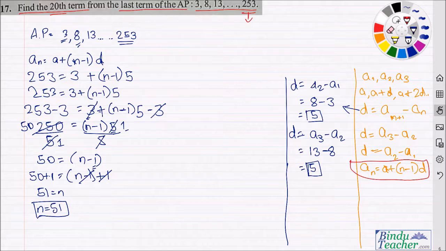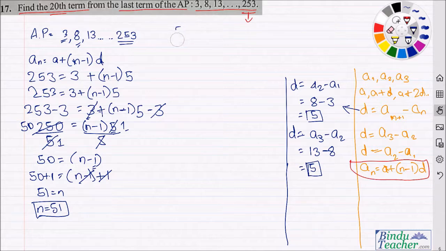Now the other part of the question is to find the 20th term from the last term. So we have found that the value of a of 51 is equal to 253. Now we have to find out what is the 20th term from the last term. So how do we calculate the 20th term from the last term? So if you write 51,